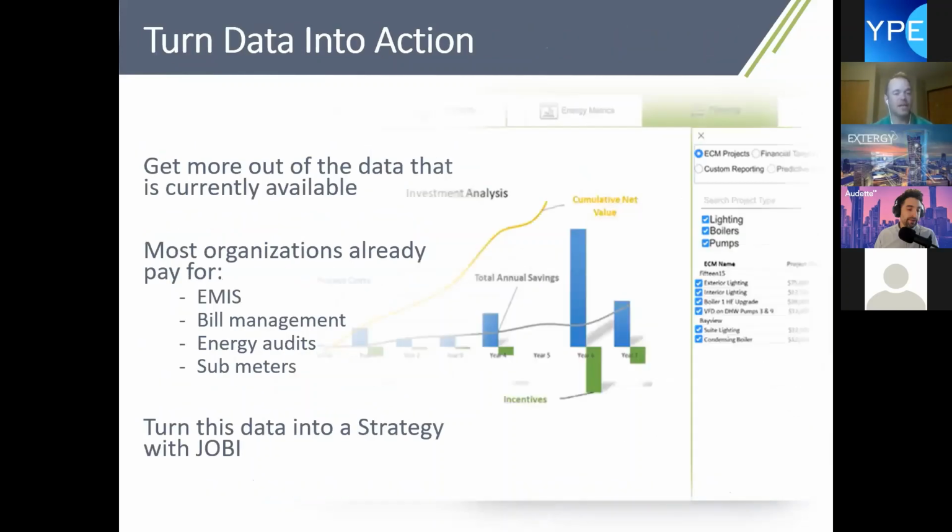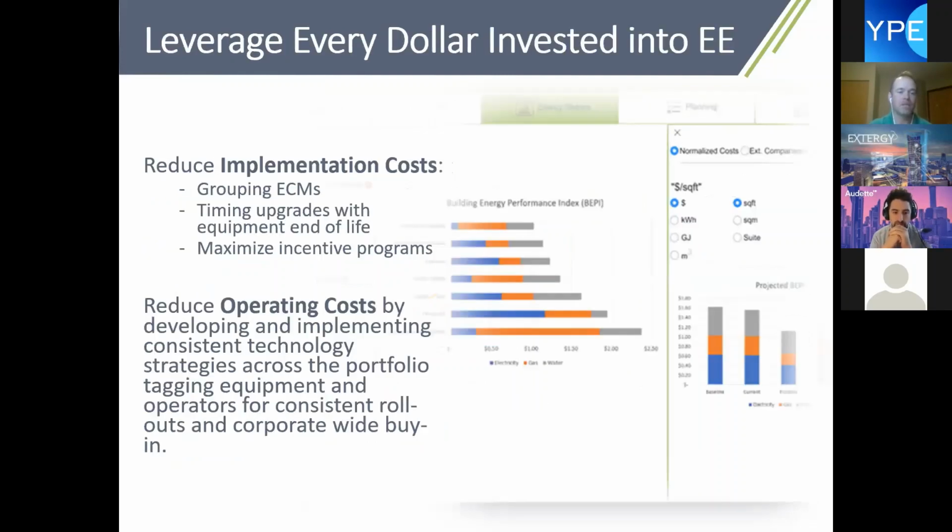That second one I mentioned, turning data into action. So many groups spend so much money on their data. You're going out and you pay for energy audits, you pay for EMIS, you pay for submetering if you've got that in place. Do something with it, right? Let's help you get at that, and let's help you turn that into actual action. So that's a big part of what we're doing here. Leverage that data to make sure it goes as far as humanly possible. We just want to make sure that, again, taking that data from that AHP, or analytic hierarchy process, we are getting as close to what your client is looking for. That's something we can do within this tool itself.